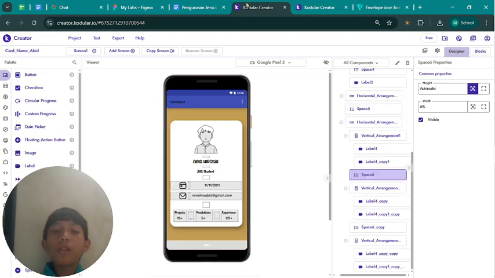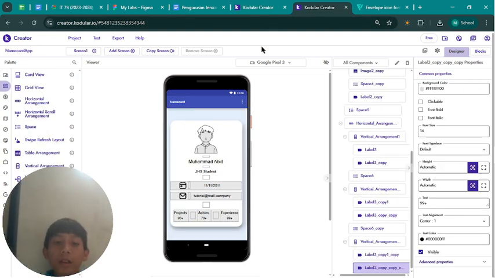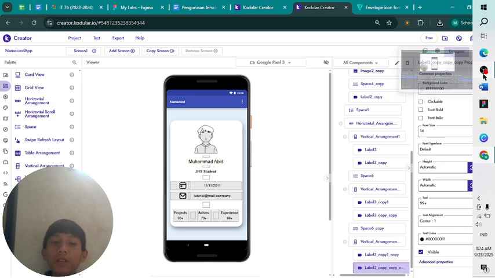Okay, so overall all done in here. You can explore it by yourself, and maybe for this time just that.